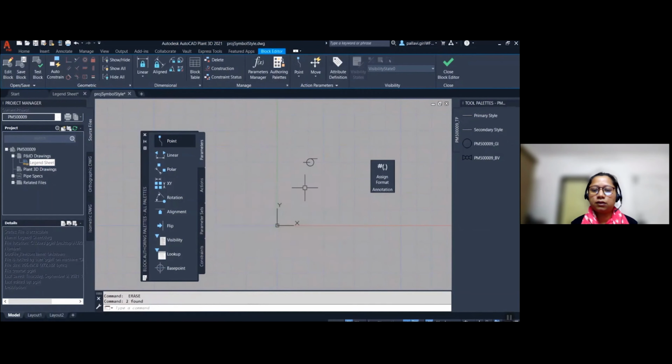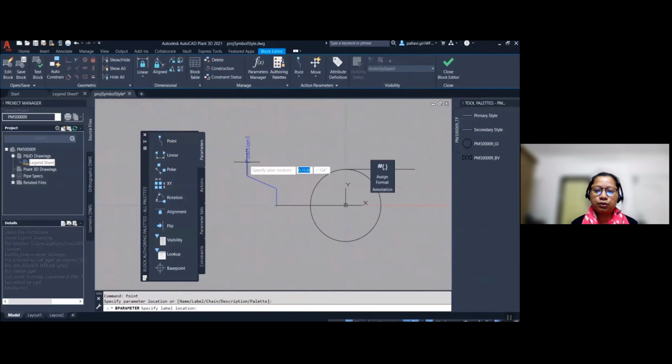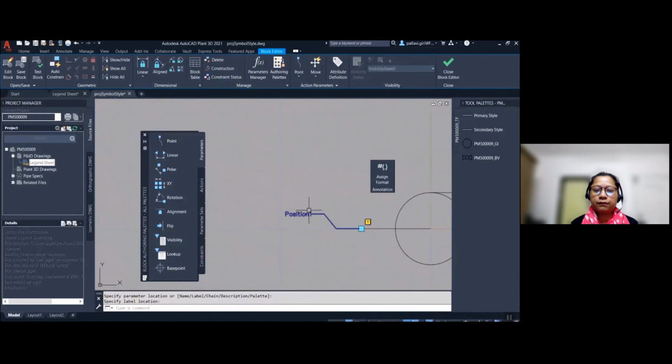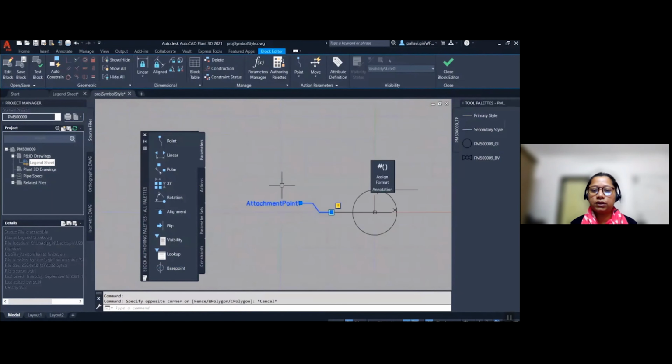And also going to delete the attachment points. I'm moving this to 0, 0. And one thing here you can notice, I'm adding the attachment points to the pump because I want the pipeline to come from the attachment points. So this will be my attachment point 1, and this one is the attachment point 2.